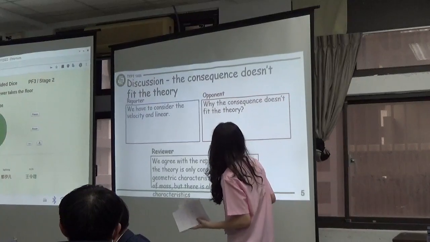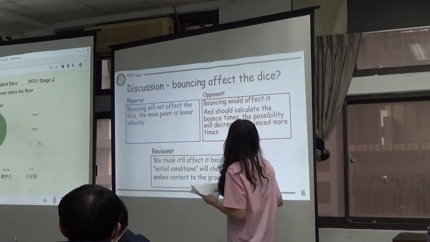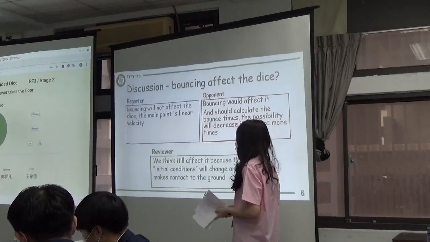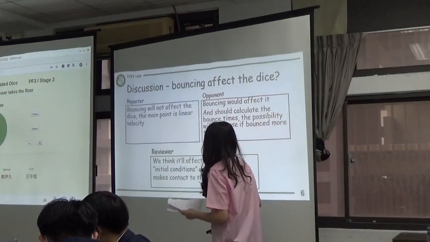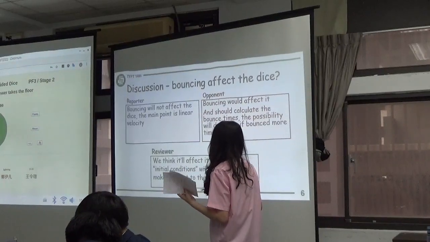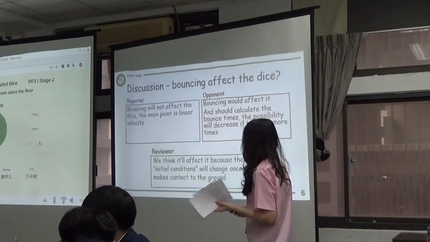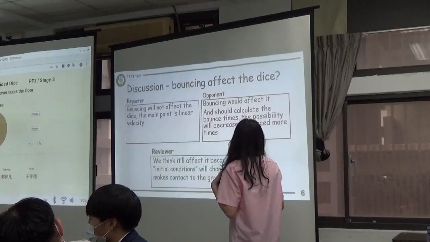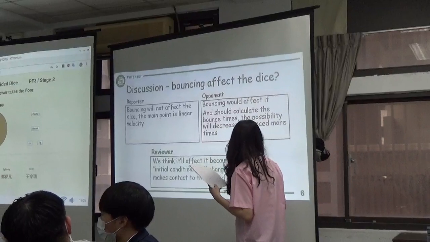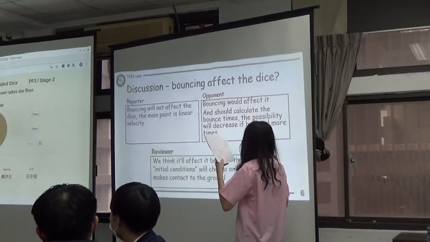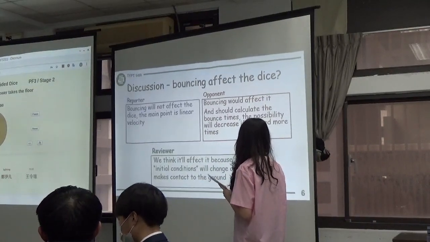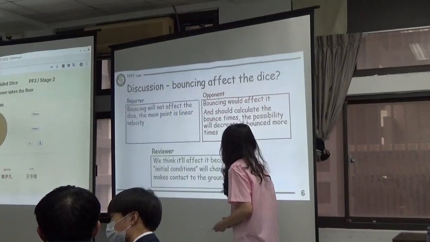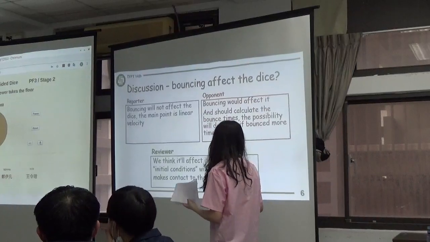And the next question that I discuss about is the bouncing effect of the dice, and the reporter says that bouncing will not affect the dice. The main point is linear velocity, so that's the linear velocity causes the bouncing effect of the dice, and the opponent says that bouncing could affect it and should be calculated, and the bounce times, the possibility will decrease if bounced more times. And we also asked this in the partial question, and we think it's affect because the initial